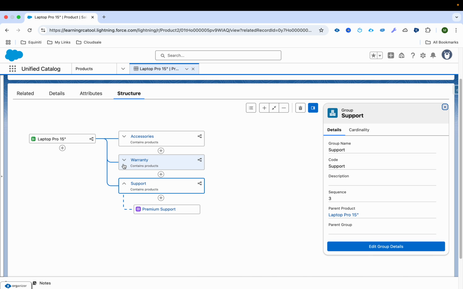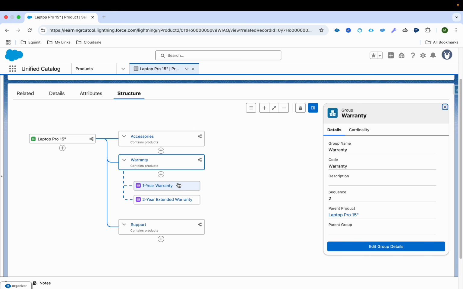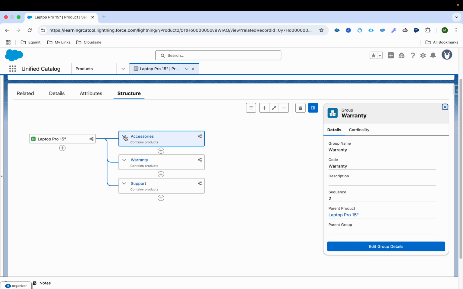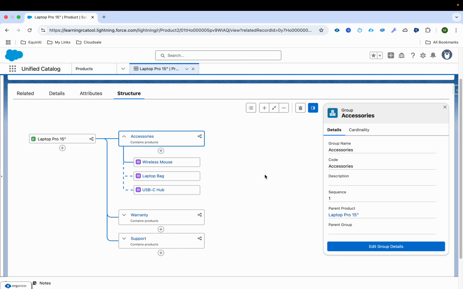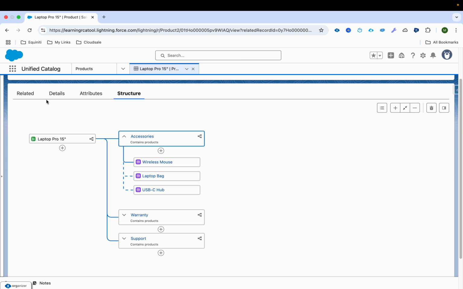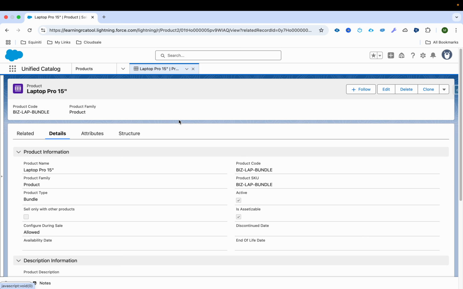Okay, so support, premium support, warranty, and key, we can see warranty as well. Accessories, we can see all the accessories over here. Okay, now as you have seen in different CPQ software, if you want to visualize the bundle structure, what you